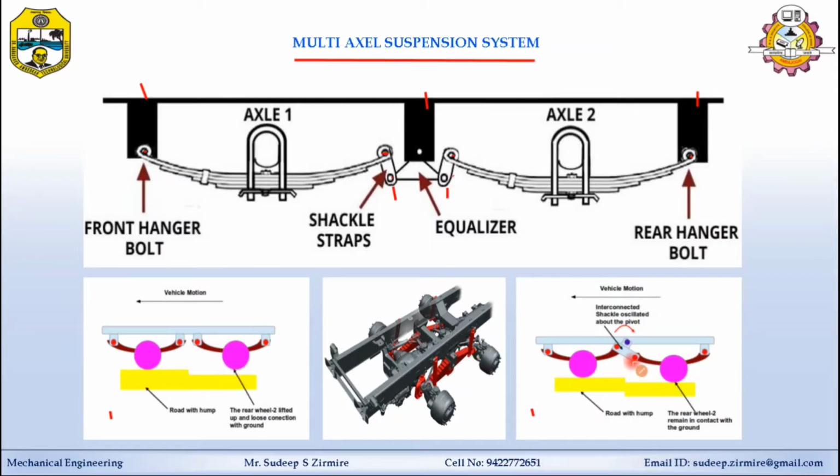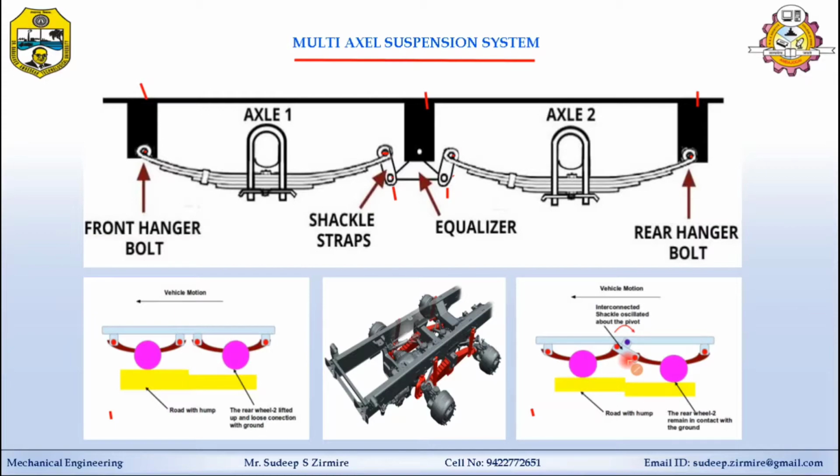But here in this equalizer or multi-axle linkage, it provides grip to the rear wheels. The equalizer rotates with respect to the pivot, and this middle shackle turns lower or higher to the rear wheel accordingly. It depends on the bumps or potholes. As per the requirement, it rotates, meaning it rotates clockwise or anti-clockwise accordingly.